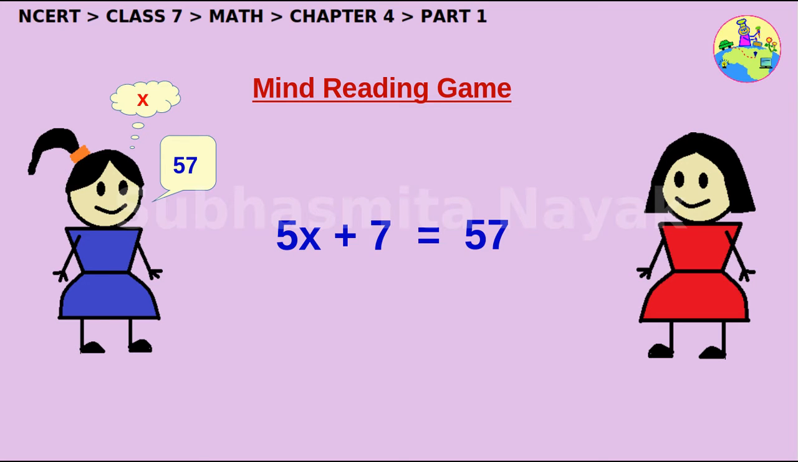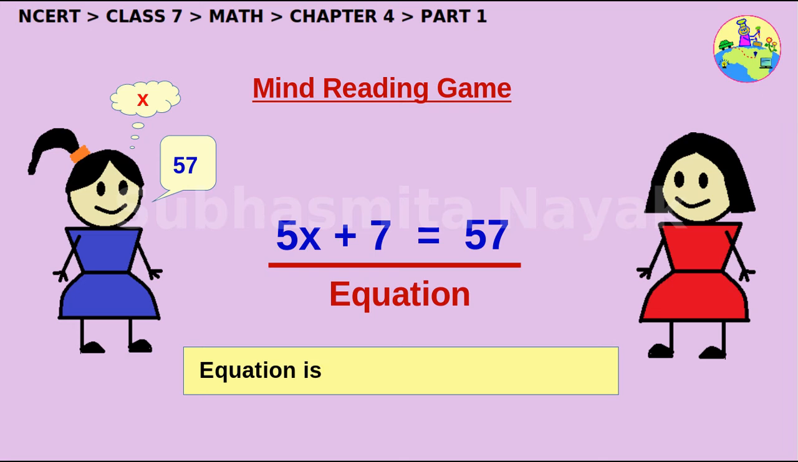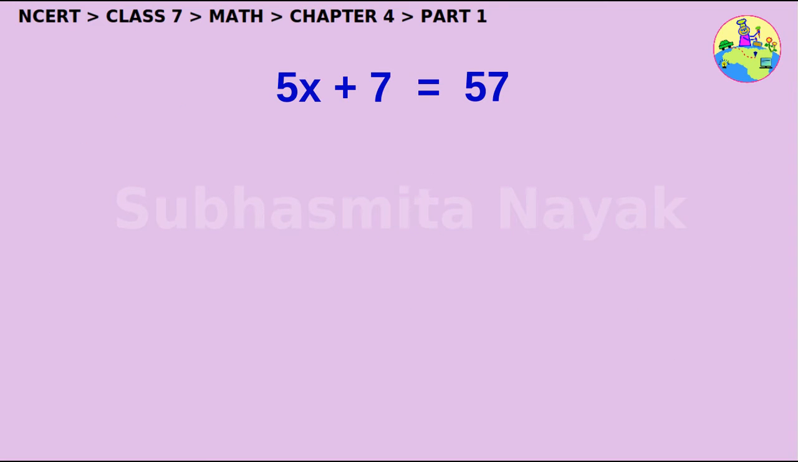This is called an equation. An equation is a condition of variables. This always has an equality sign. The condition of variable means here for a specific value of x, the equation 5x + 7 = 57